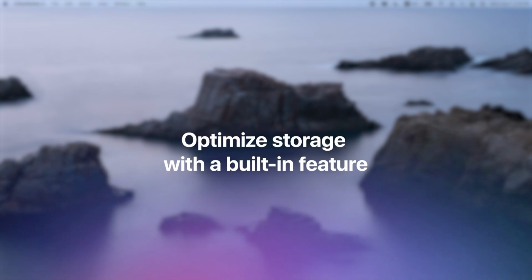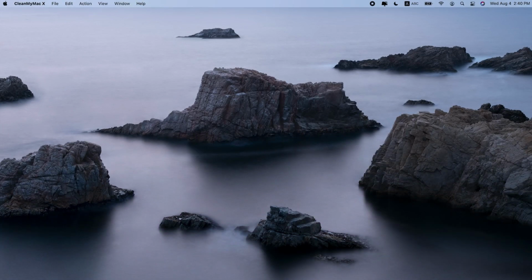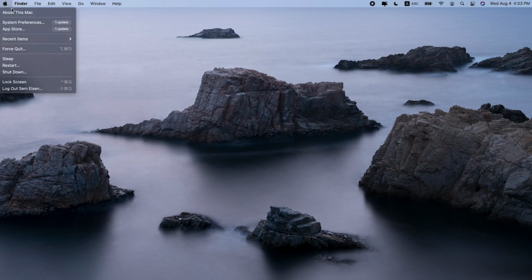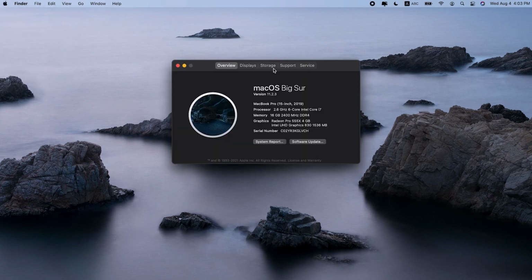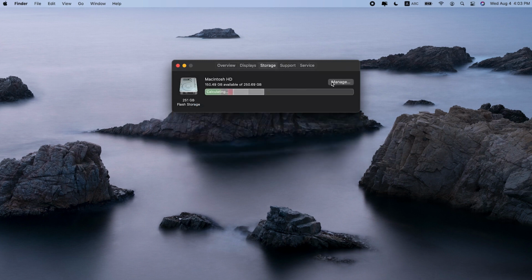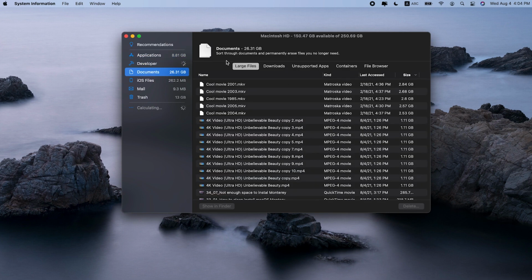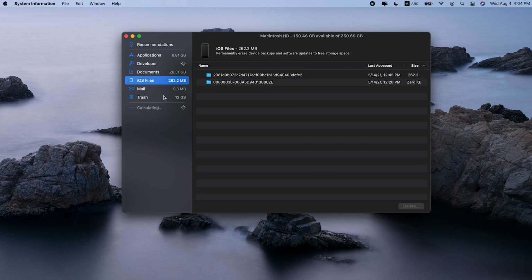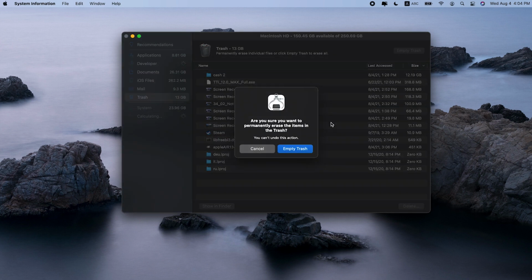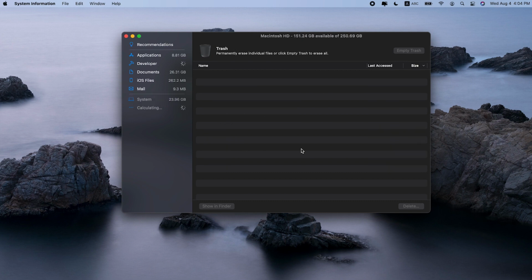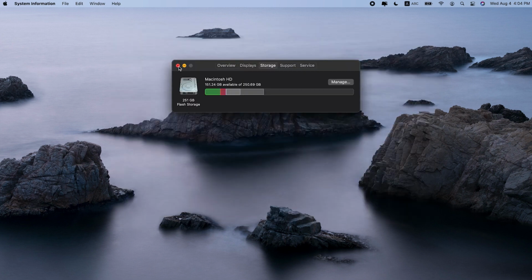Your Mac already has an inbuilt tool that allows you to manage your storage. It lets you reduce clutter, optimize your hard drive, and see what exactly takes up space on your Mac. So, to optimize storage on your Mac, go to the Apple menu and select About this Mac. Then go to the Storage tab. Click Manage. Now explore the Recommendations section. Look through the suggestions and apply any of them to save space. Also, explore the left side menu. Review section by section to find files that can be safely removed. And don't forget to empty the trash. The trashed items are still stored on your hard drive, so clear your bin every time you remove something big.